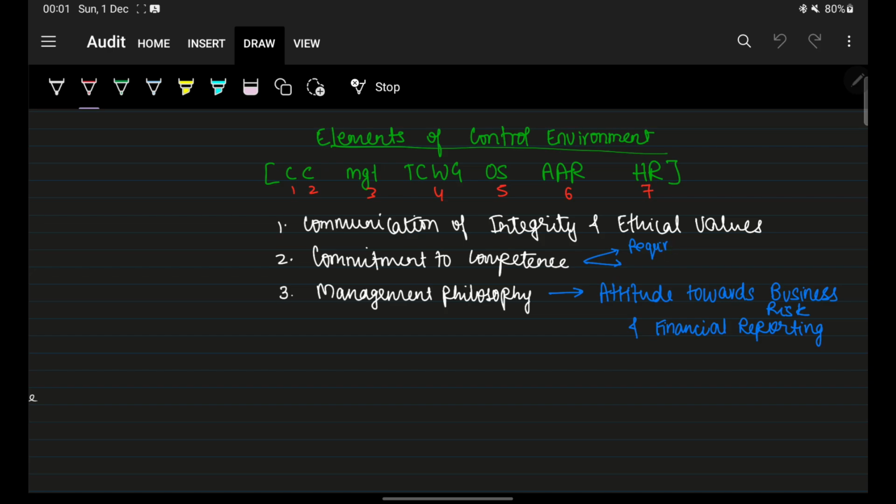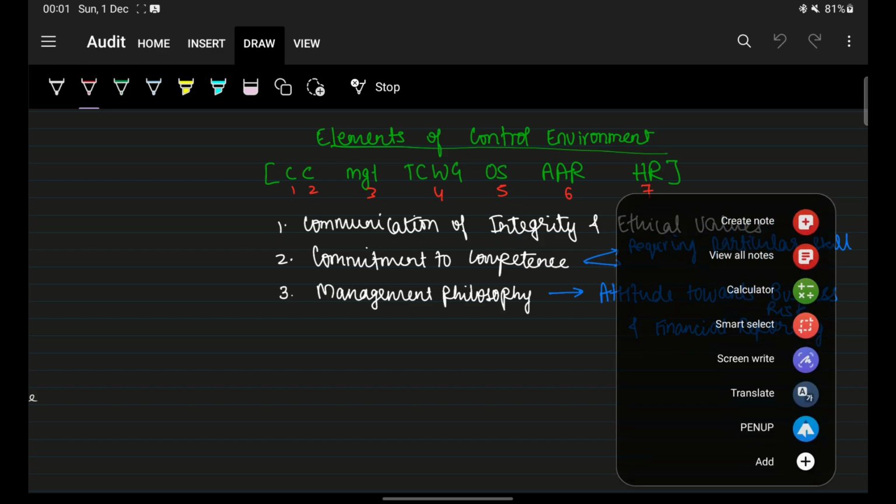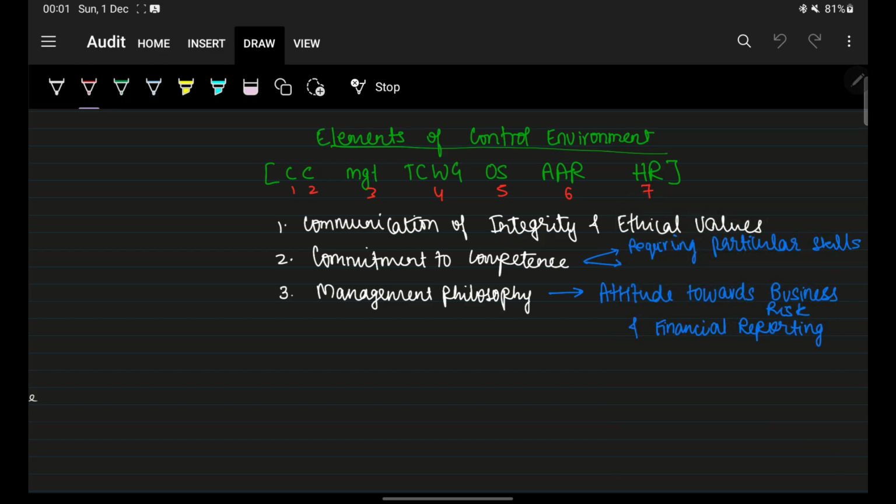Requiring particular skills, and hiring only based on that skill, right? It's okay, you don't have to remember everything, you don't have to be perfectly perfect, right? Next,